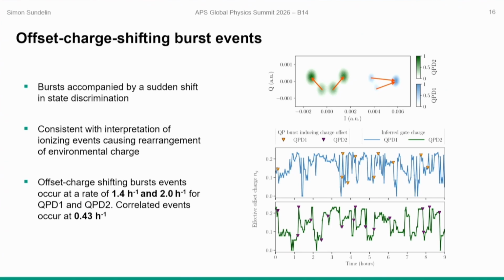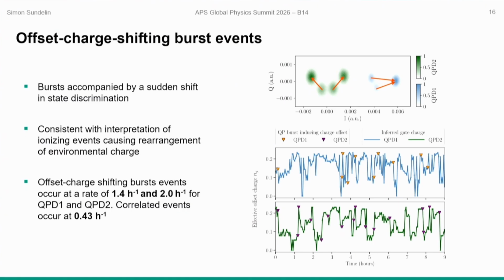And then if one were to go about plotting the timestamps of these offset charge inducing bursts, together with the effective offset charge which we observe during a long period of time, we see that these bursts tend to coincide quite well with larger changes in the effective offset charge. And this is quite consistent with the interpretation that we have some type of ionizing event which causes a local rearrangement of the charge, but at the very same time generates a large number of quasiparticles,